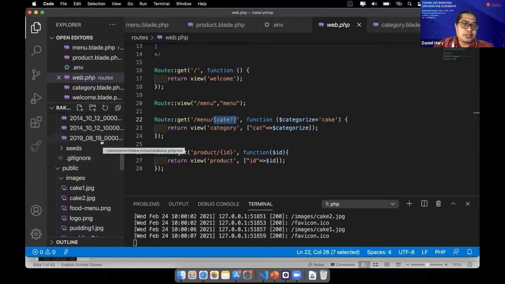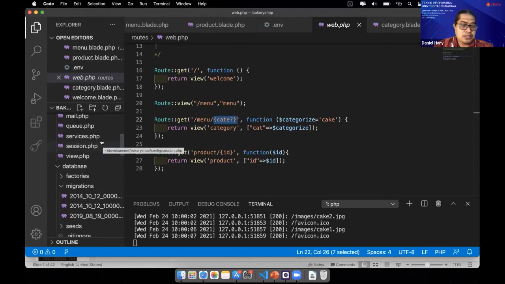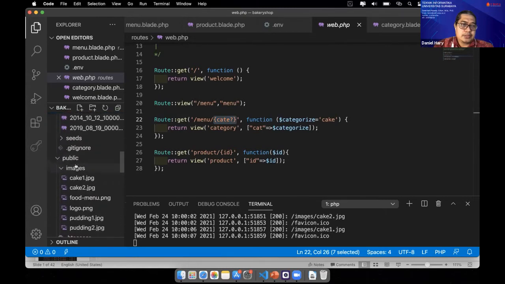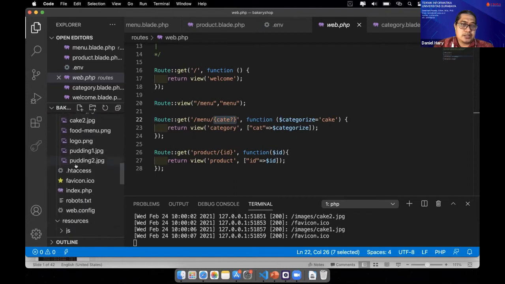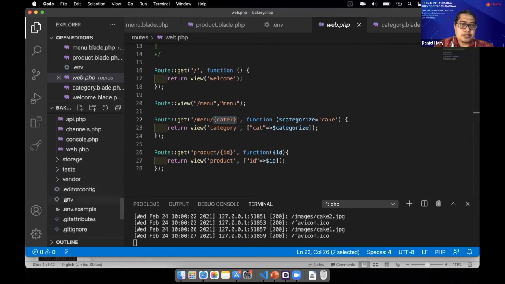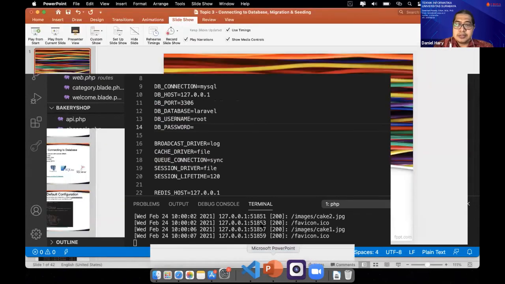We will modify some PHP in here, the database config, and also the environment file, env, this one. Okay, we will move to this week's topic.